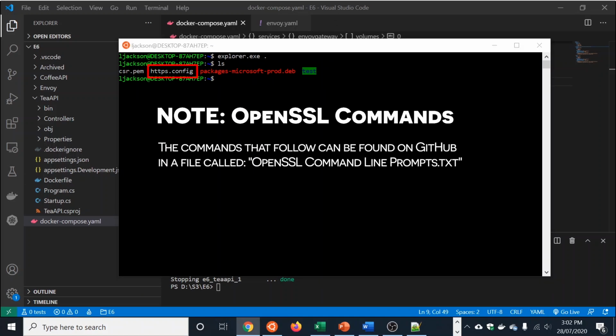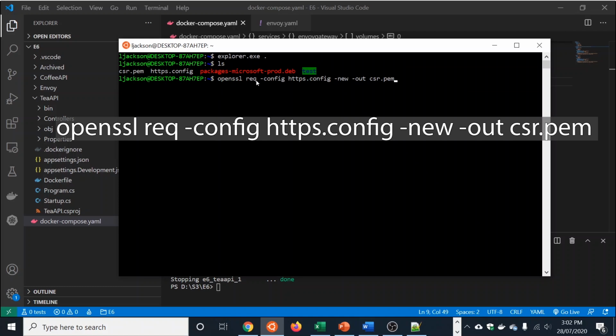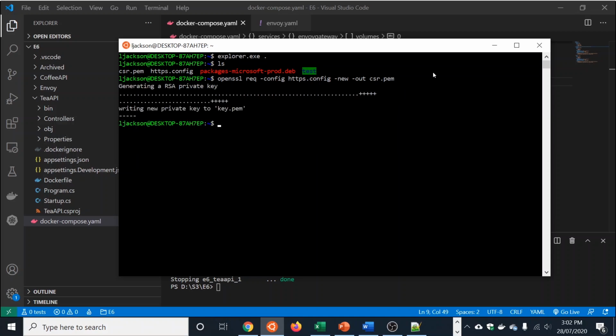And so the first thing we want to do, and I'm just going to copy this command over, why ruin the habit of a lifetime, is create our private key. So OpenSSL, well, I'm not going to bother reading it out, but we basically read in our config file, and then we generate out this CSR, actually generate out a key.pem file. So we do a directory listing, we get a key.pem file and the CSR.pem file as well, and the key.pem file is the one that we want.